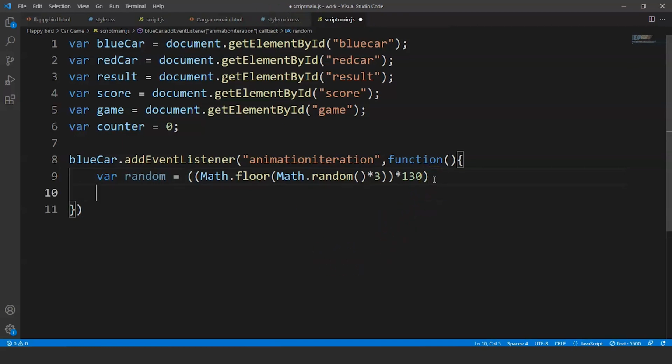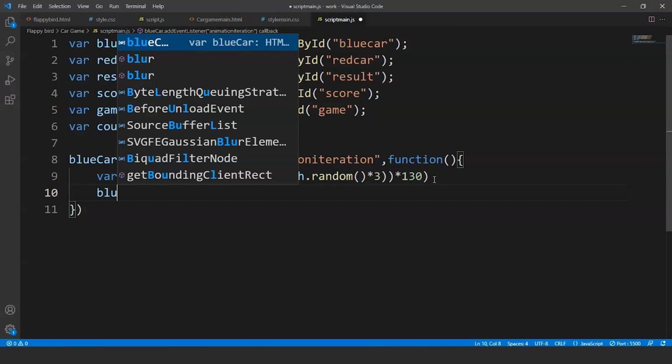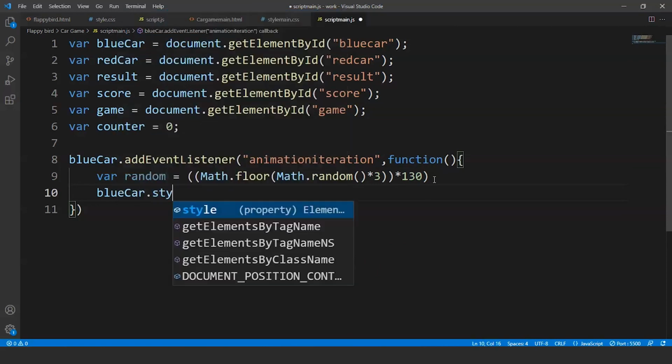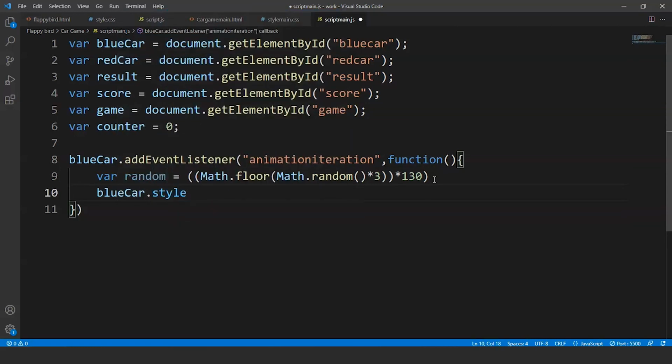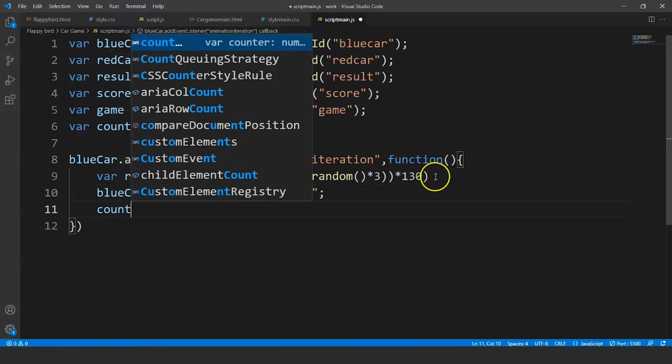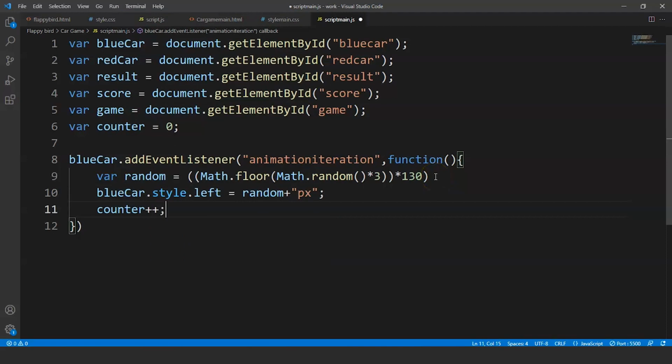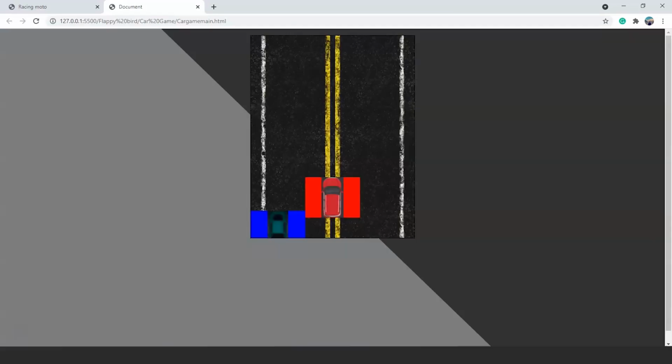So we'll write here blueCar.style.left is equal to the value of random in pixels. Fine. Then we'll increase the value of counter after every blue car passes through the red one. Save it and move to the browser.